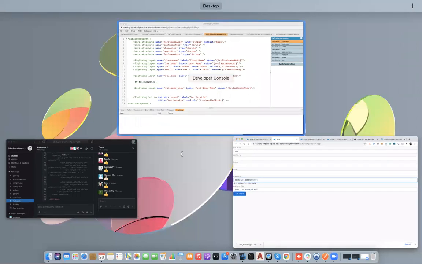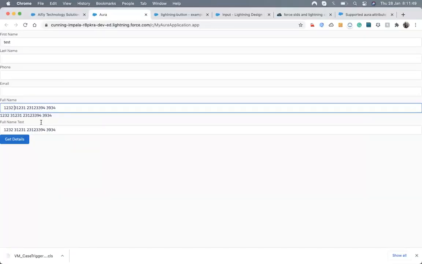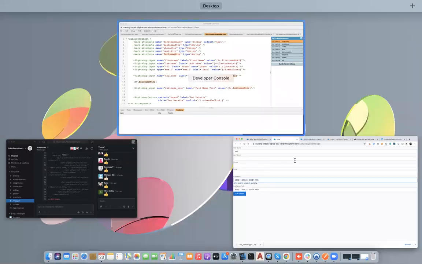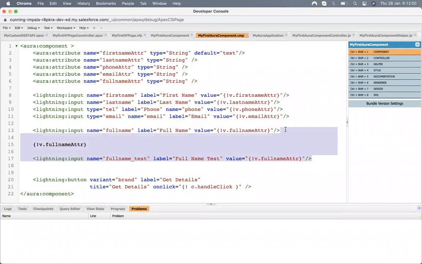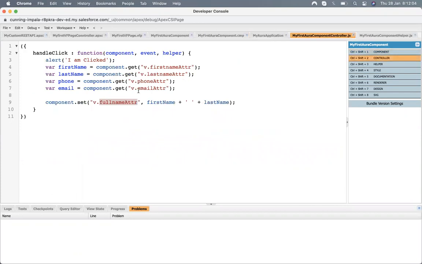That is also a property, known as a wired property. If I make changes at any place, it will be reflected in each and every place. That is called a wired property. So in this way we can make changes on the VF page also, but it is not always the use case. Usually we are not using this. We are using a controller to make changes in that attribute.